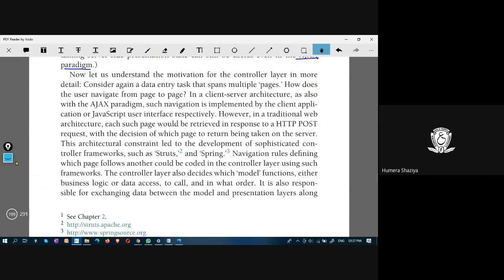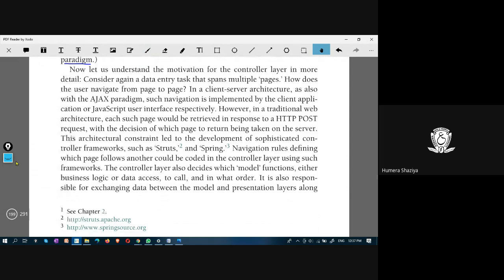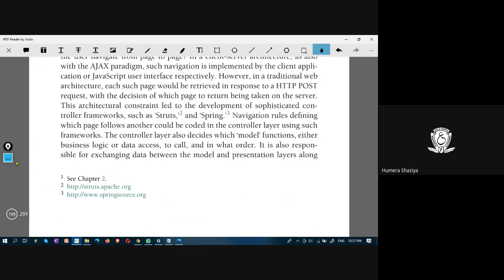What is this problem? Having multiple pages, the user entering data on multiple pages, and then retrieving the data from the multiple pages. That navigation and that retrieval would be a problem. Therefore, this led to the development of some sophisticated controller frameworks such as Struts and Spring. You might have heard about Struts and Spring. These are new frameworks. These would define the controller and navigation rules